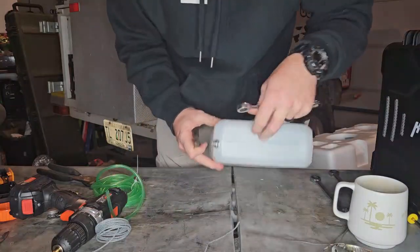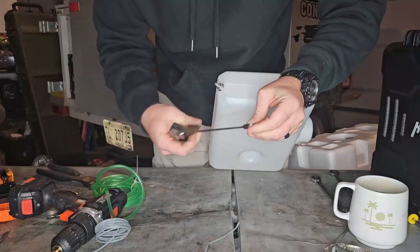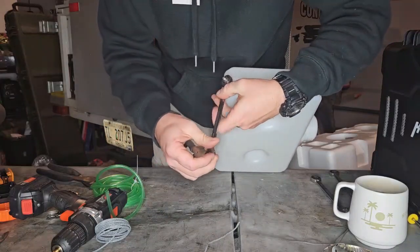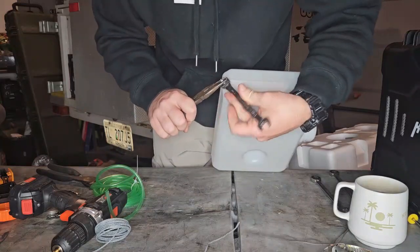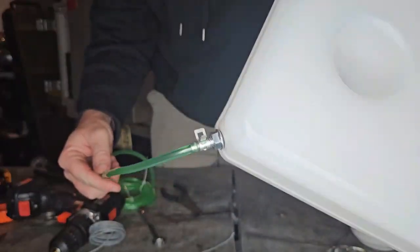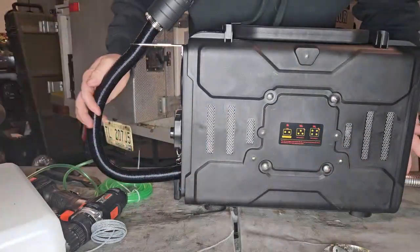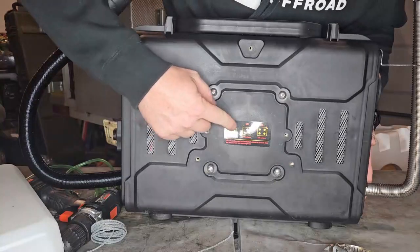Alright, we want to get a nice snug fit here, so see if I can hold it with these pliers while tightening it. There we go. That should be good. See right there? Alright, one thing that's pretty cool about this is it gives you the options for different